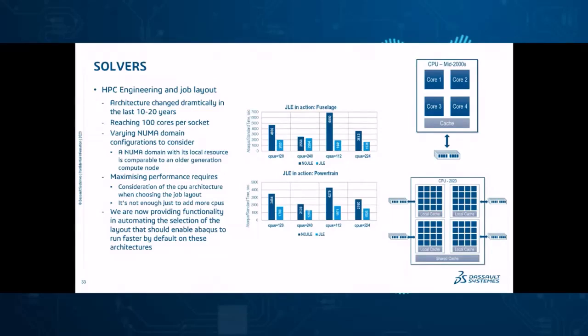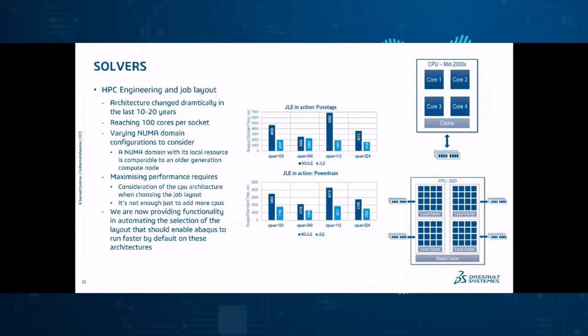So you can do this manually, and I'm sure there's plenty of customers out there that do their own benchmarking and control the layout of how jobs are executed. But from a default configuration point of view, we really need to do something different to get a better performance. So the new JLE will kick in when CPUs are greater than 32,